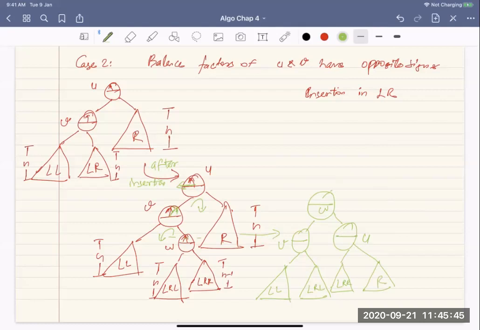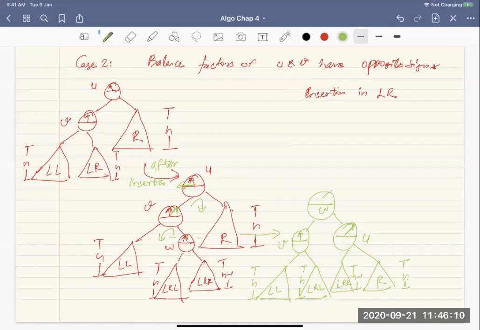Okay, now let's try to put the balances back. So this was H, LRR was H minus 1, LL was H, and LRL was H. So that means V is done, V has a balance factor of 0. For U, it's right tilted, so it has a balance factor of now +1.